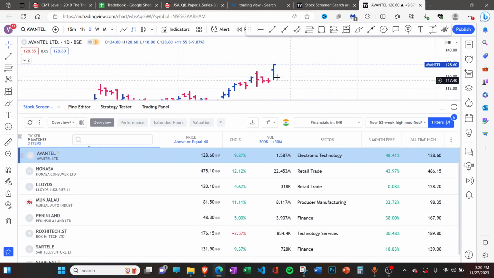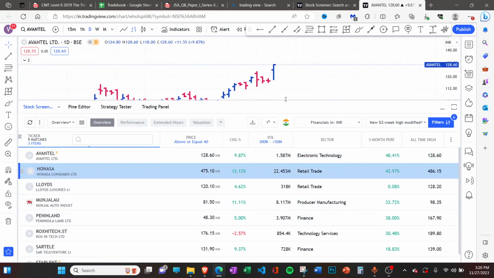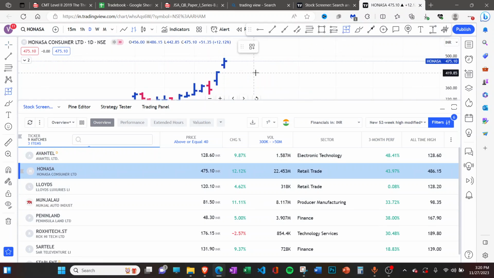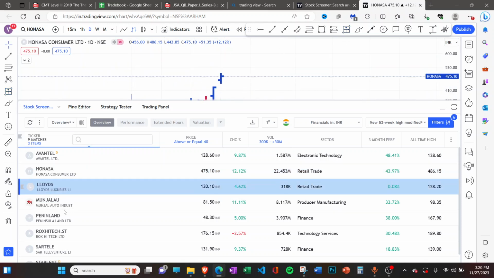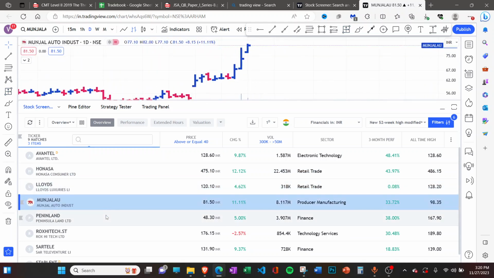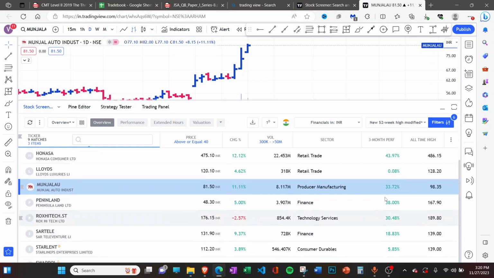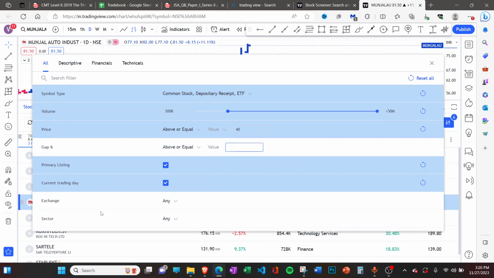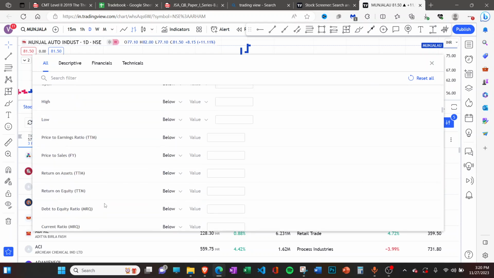which opened the next day and gave a more than 4% kind of move. The gap up was good, right? From the previous closing to the next opening, you see around a 4% gap here. Munjal Autos, if you see, again a 4% move, so only very few names, right? So I'm just showing you this, so we'll deselect this criteria, and as I was saying, we'll scroll down